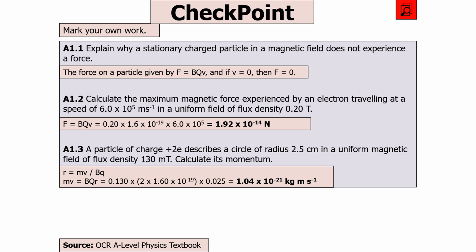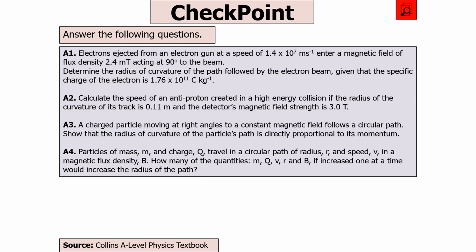Pop in all our values. Remember, it's 2 times 1.6 times 10 to the minus 19, and we get 1.04 times 10 to the minus 21 kilogram meters per second. The next question says, electrons ejected from an electron gun at a speed of 1.4 times